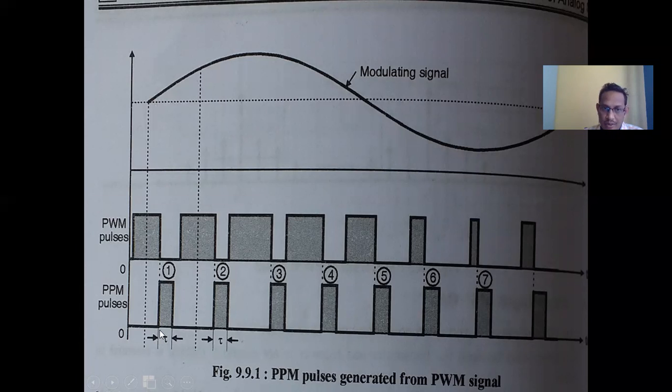That means in this case, if I look here, the width is constant, but in pulse width modulation the width is variable and changes according to the amplitude of the modulating signal. So in pulse position modulation, your width is always constant, but its position changes as per the definition. In this case, this is the point where I can shift the position of the width. Again, this is the shifting of the width, shifting of width. So this lower waveform is called a pulse position modulation.